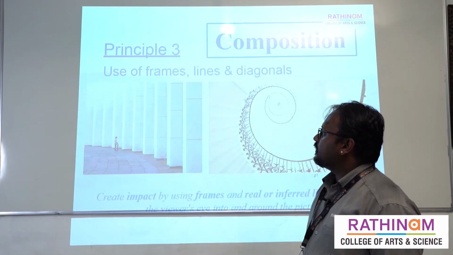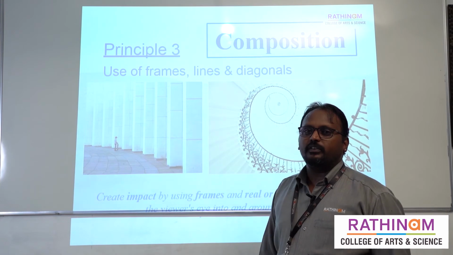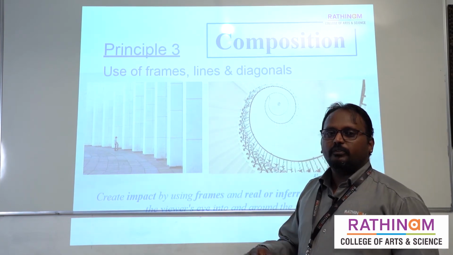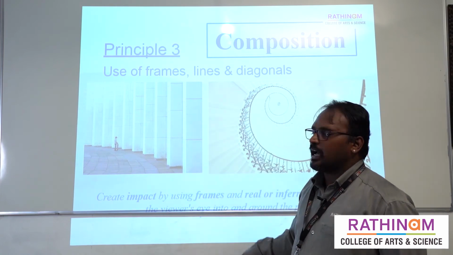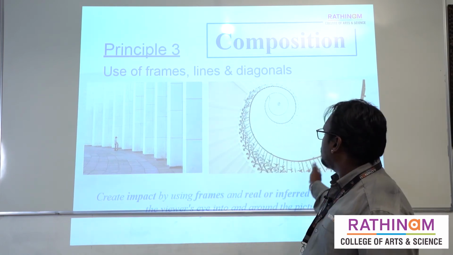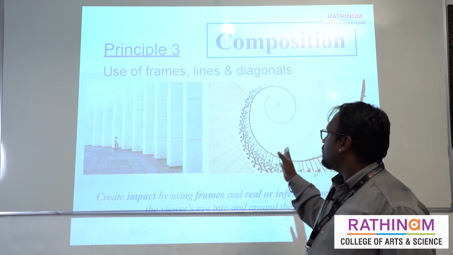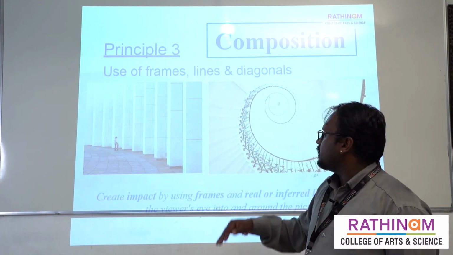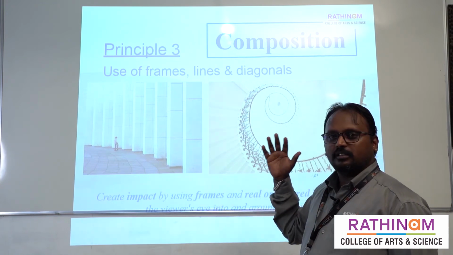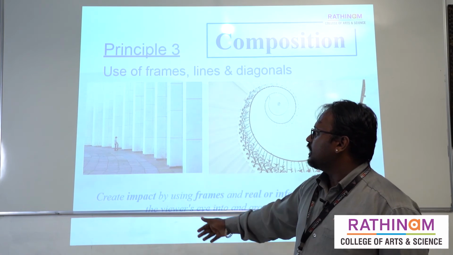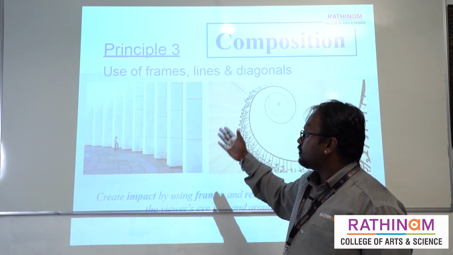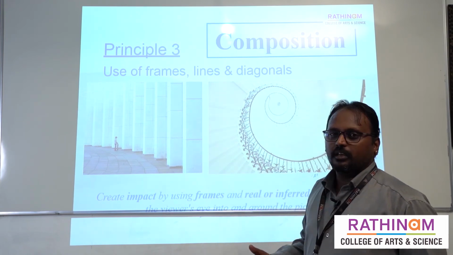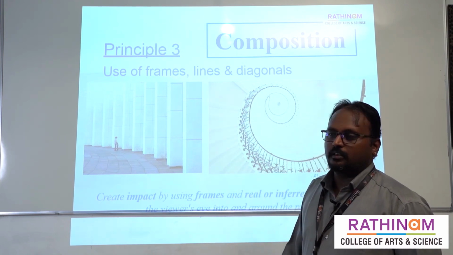So this is principle 3. Whenever we take photographs, we see so many pillars and so many curves and all. So before taking, you see pillars as lines. You see this hand grip as a circle or a curve. By seeing that, you can imagine yourself and take a photograph like this. So don't see it as a pillar, you see it as lines and curves. If you compose this type of frame, your photograph will speak. Next.